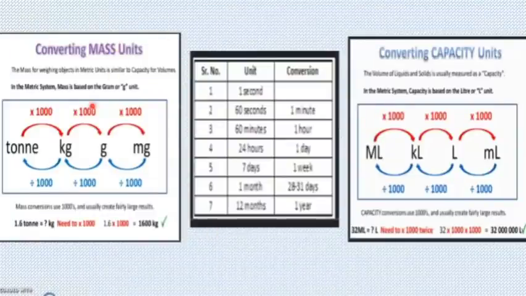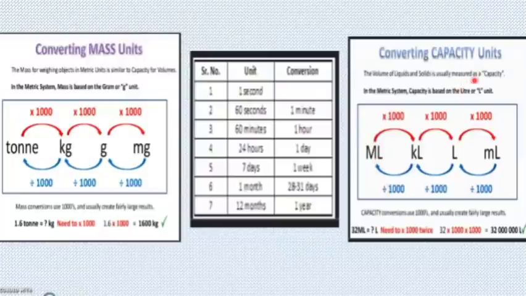Converting mass units. It is the same. But the value with which number you have to multiply or divide, that you will have to remember according to the conversion chapter. You should know that 1000 milligram makes 1 gram. That is why here it is multiplied and divided by 1000. For converting gram to milligram, you will have to multiply with 1000, whereas milligram to gram, you will have to divide it. The same way, 1000 milligram makes 1 gram, 1000 gram makes 1 kg, and 1000 kg makes 1 ton.